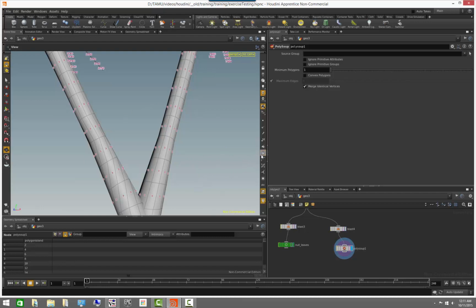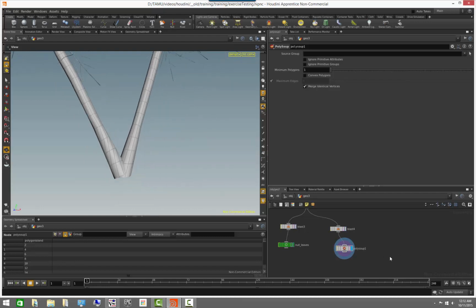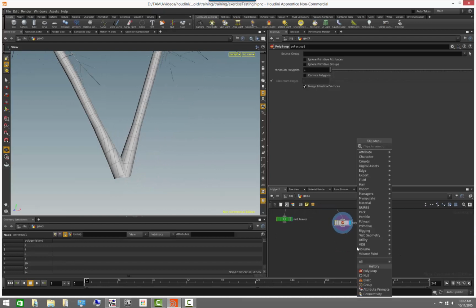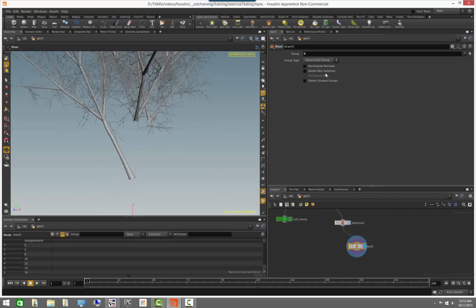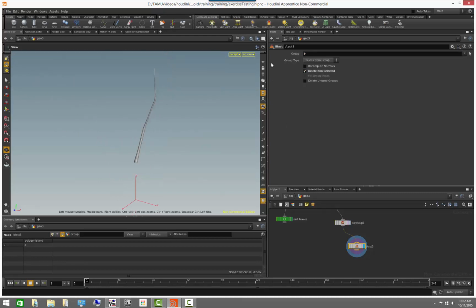So this is generally a method that I use often, which I think works very well for dealing with polygon islands. Okay, so long story short, if I come here, I'm going to put a blast node, which by the way, by default deletes primitives, and I put a primitive number. You will notice that now, if we go to delete non selected, every branch is pretty much treated like a single primitive, which is perfect. That's exactly what I need on this. Okay,